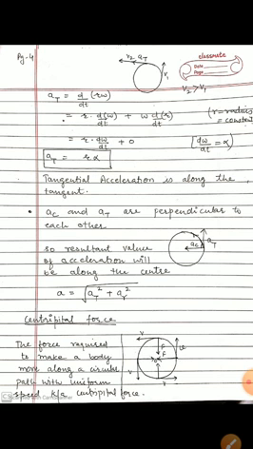Why is this so? Let me tell you some examples. When you have a stone tied to a string and you are moving it in a circular path, what will happen? The centripetal force is provided by the string, that is the tension force in the string. Here the nature is different. Secondly, if an electron is moving around a nucleus, the nucleus has the proton, and the proton having positive charge attracts the electron, and the electron moves in a circular path. Here the centripetal force is provided by the protons.